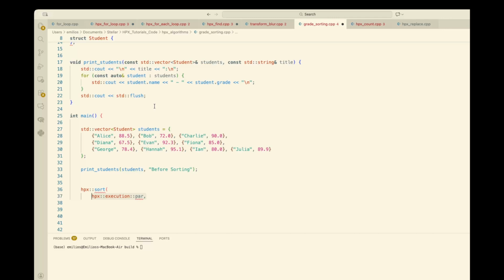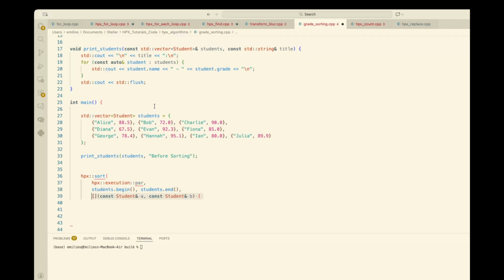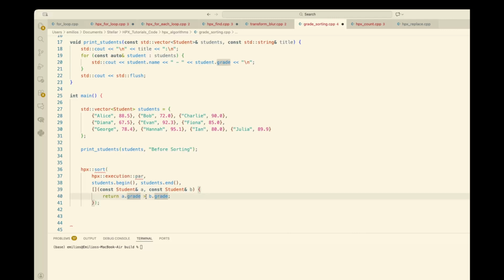The function of the algorithm is similar as before. First, the execution policy, then the range we need to sort, in this case the list of students and grades, and lastly we pass a lambda function as a custom comparator, with which we compare two objects, in this case student A and B, and we use const so that the lambda will not modify the objects, and we use